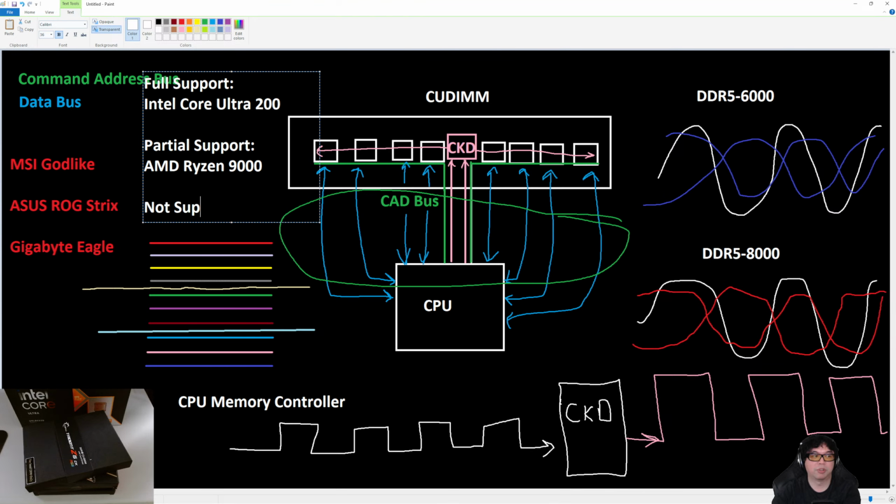Not supported is going to be 12th, 13th, 14th gen Intel, and then all the Zen 4 AMD Ryzen 7000. These do not support it at all. So meaning you cannot